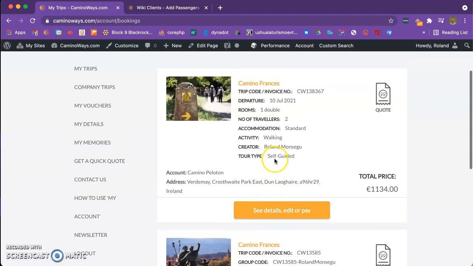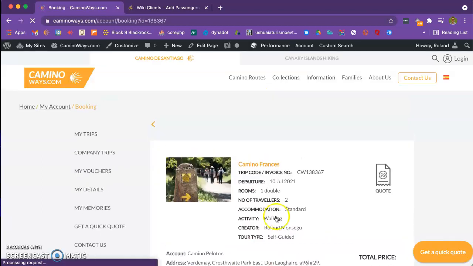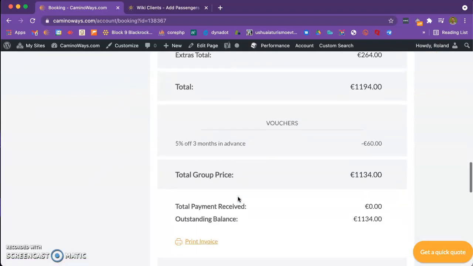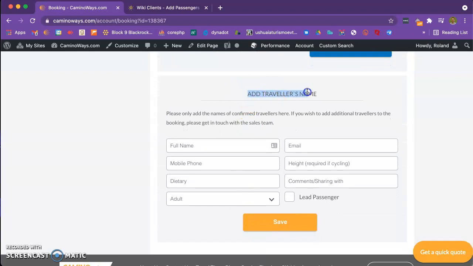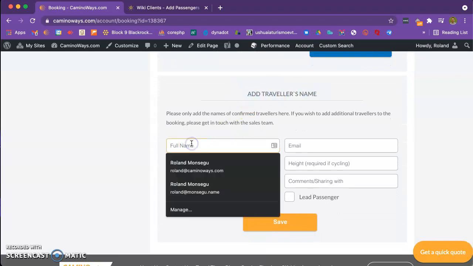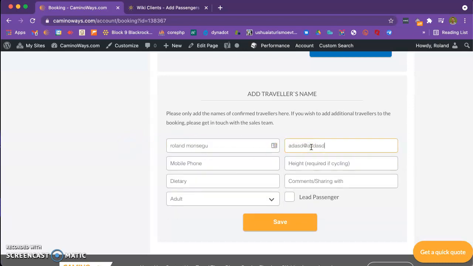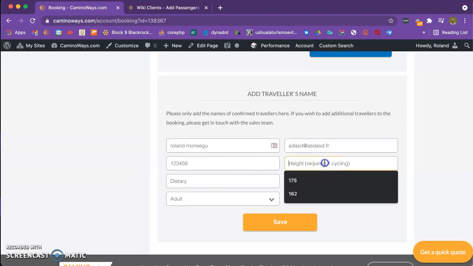So I'm going to use for this example the first one on my list and click on See Detail Editor Pay. I'm going to scroll down past the itinerary, the price, the payment, and I arrive at the rooming list and add traveler's name. I'm gonna put myself as the first travelers, my email address, and my phone number, my